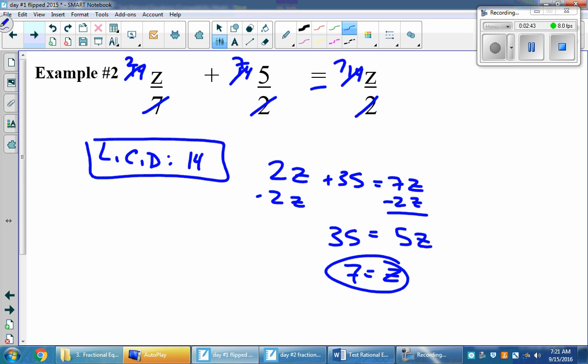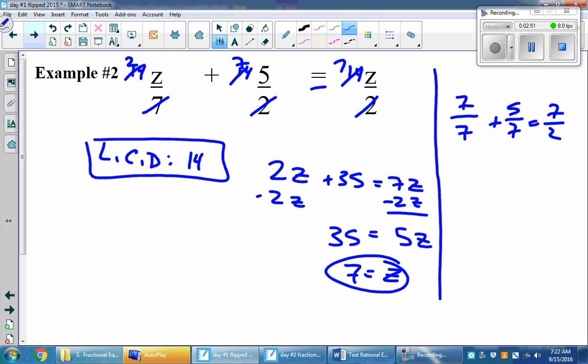So this one I'll actually check, because we can always check equations. 7, 5 halves equals 7 halves. 7 over 7 is 1, plus 5 over 7. Right, we know that 7 over 2 is 3.5. Right, so if you go 1 plus 5/7,